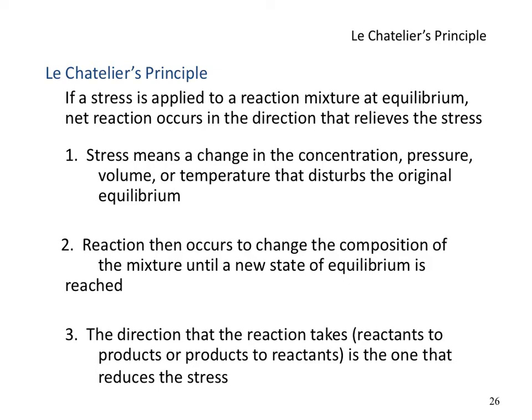So according to Le Chatelier principle, if a stress is applied to a reaction mixture at equilibrium, the net reaction will occur. It will go in a direction that undoes the effect, so it relieves the stress. So what that means is the reaction will move in such a direction that a new state of equilibrium will be achieved. So any disturbance that you cause, let's say A moles of A plus B moles of B, they are in equilibrium with C of C and D of D, and you